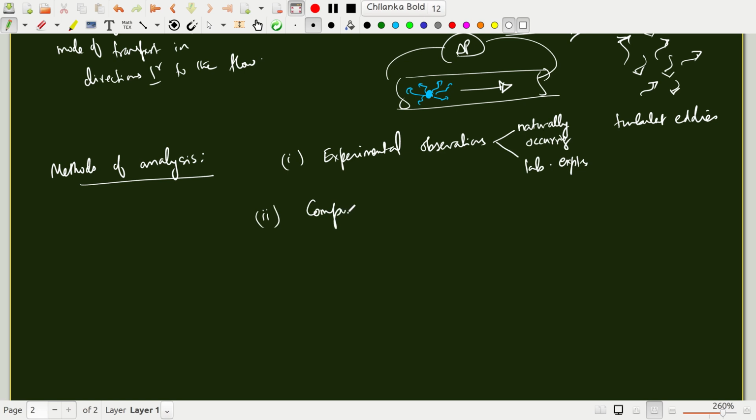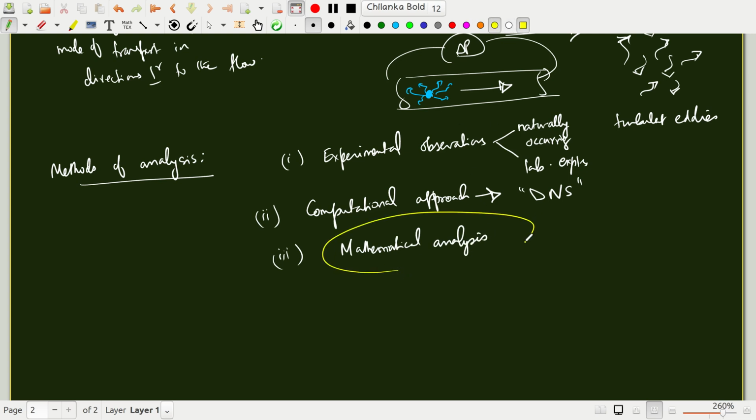The other is a truly computational approach. These are called direct numerical simulations, or DNS. And third is to understand instabilities via mathematical analysis. And the focus of this course is in this approach. This is not to say that the other two approaches are not important, but of course they have their own